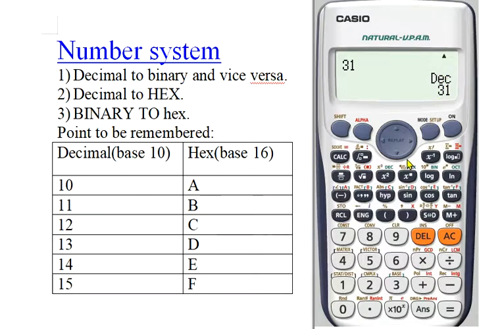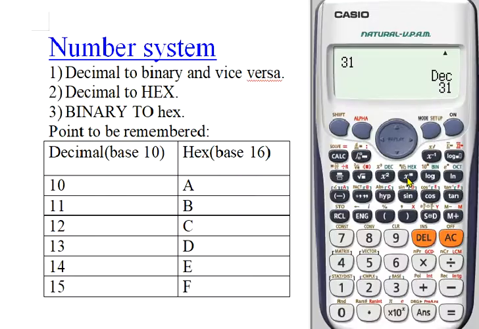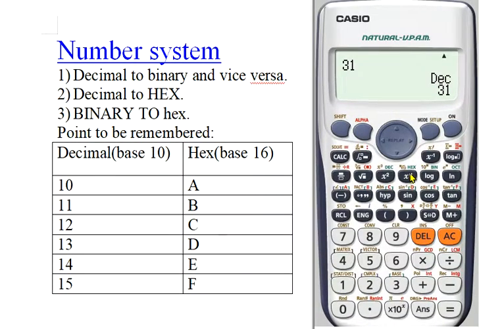Let's change this value into the corresponding hexadecimal, and here on the calculator we can see the HEX button. HEX means hexadecimal, and just by pressing this HEX button we can easily convert this decimal 31 to the equivalent hexadecimal. Here we can see that the number 31, which was in the decimal format, is now converted into the hexadecimal 1F, and F is equivalent to decimal 15. For decimal 15 we have to use the alphabet F, capital F.